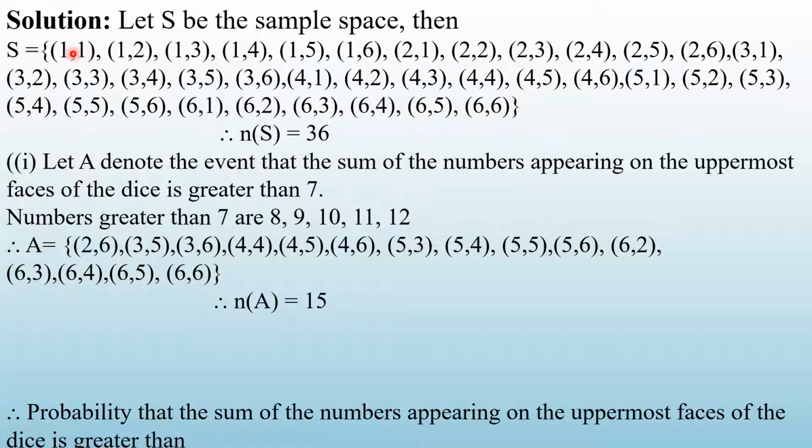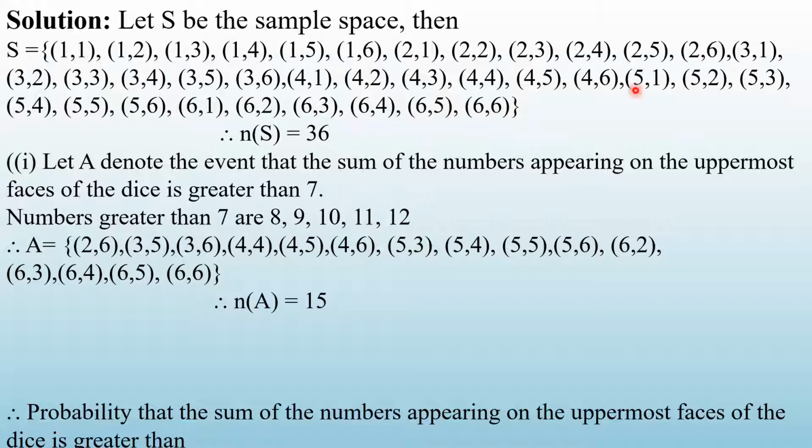Look here: 1, 1 will not come because the sum is 2. We want greater than 7. 1, 6 is also 7, and we want greater than 7, correct? So 2, 6 will come; that is what I have written here. 2, 6. After that 3, 5, then 3, 6. You have to check like that. After 3, 6, the rest will not work: 4 plus 2 is 6, 4 plus 3 is 7. So 4, 4; this is what I have written. 4, 4, then 4, 5, and then 4, 6.